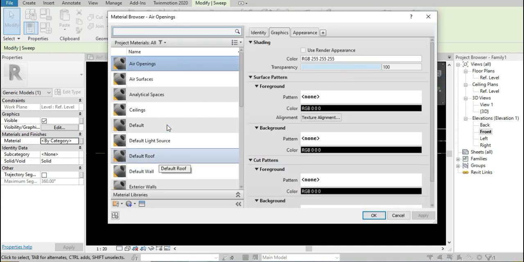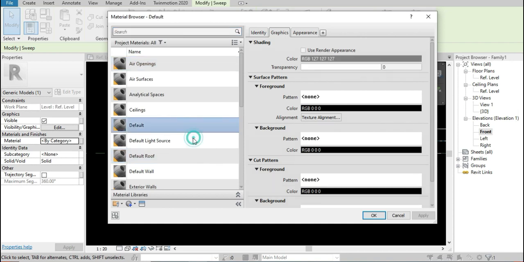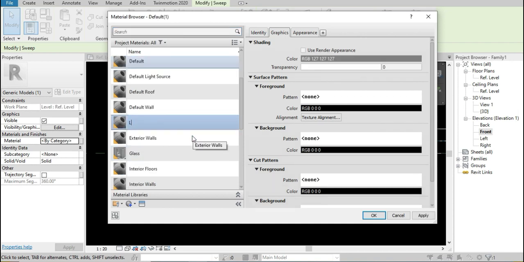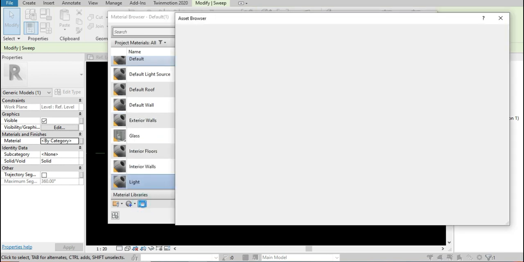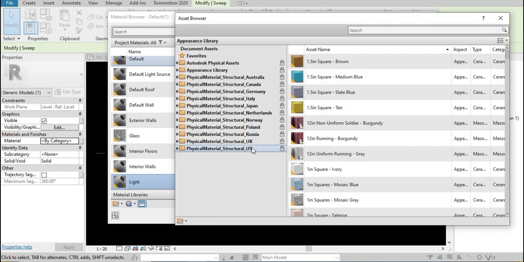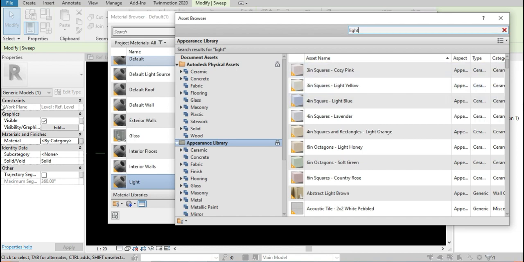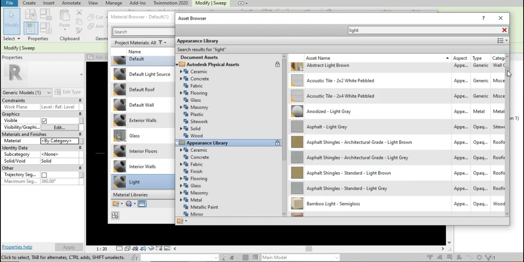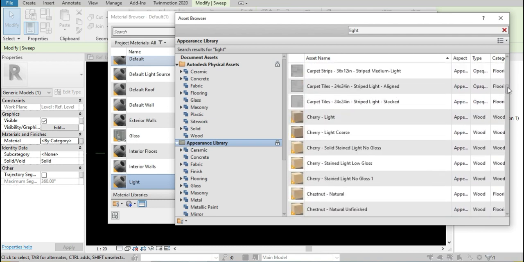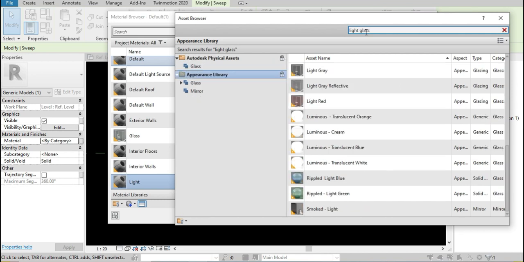So duplicate the default material and rename it as light. Go to material, search light, type glass, light glass. We'll choose the white one.